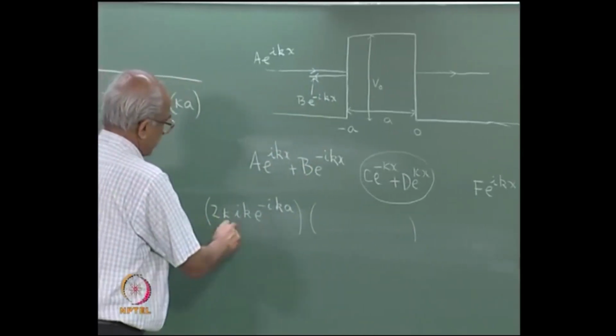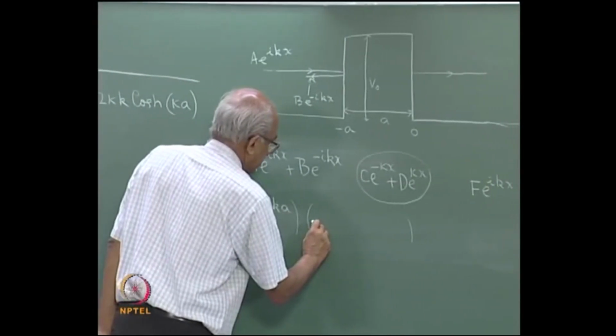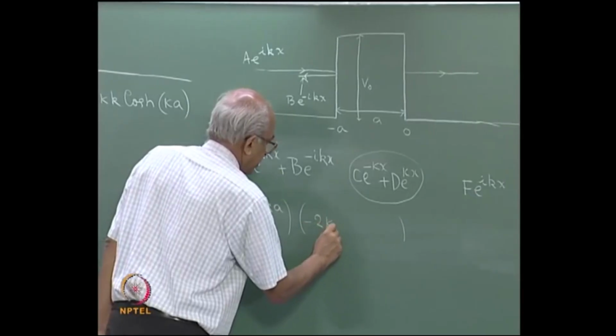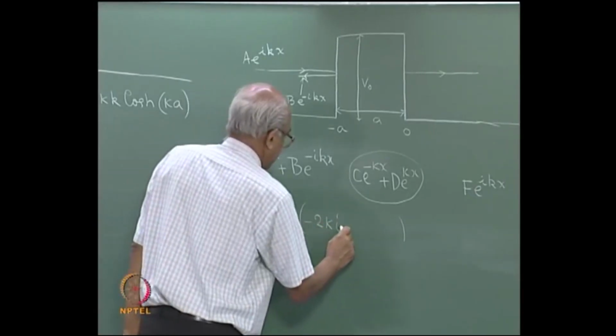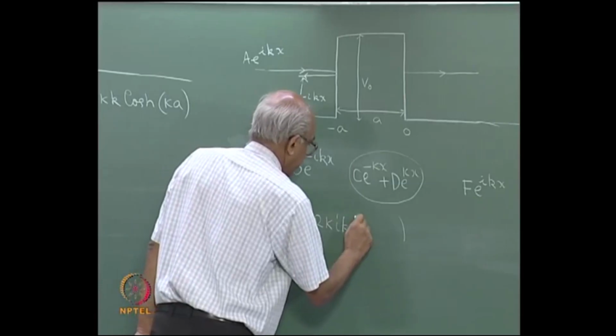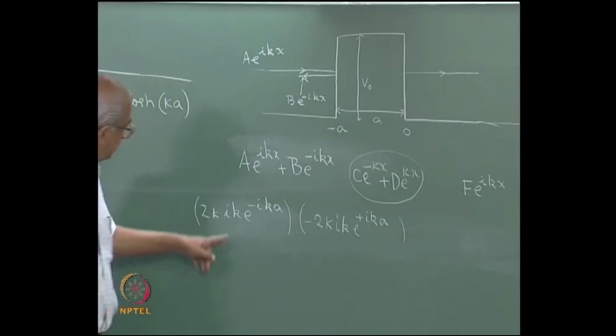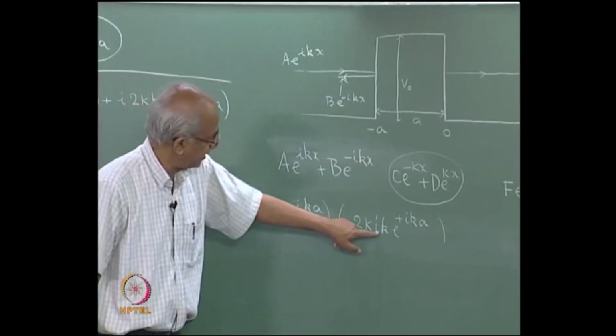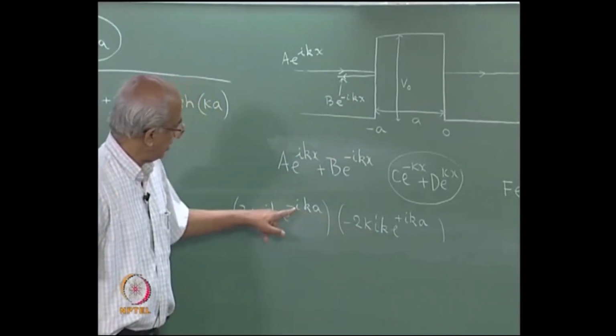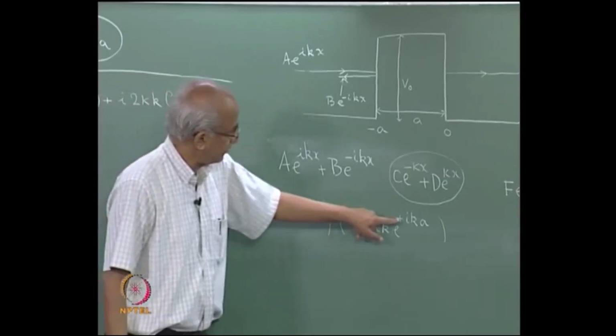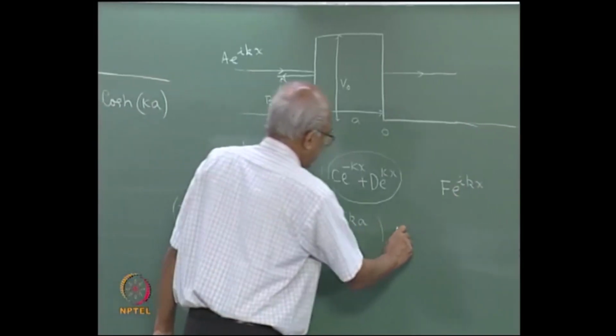So when you take the complex conjugate of this, you are going to get minus 2 kappa i k e to the power of plus i k a. Notice what has happened, there was an i here and therefore I have put a minus i, and there was an i minus i here that I have converted to plus i, and if you calculated this,